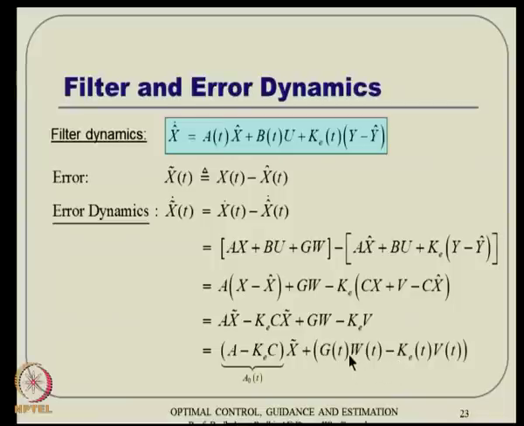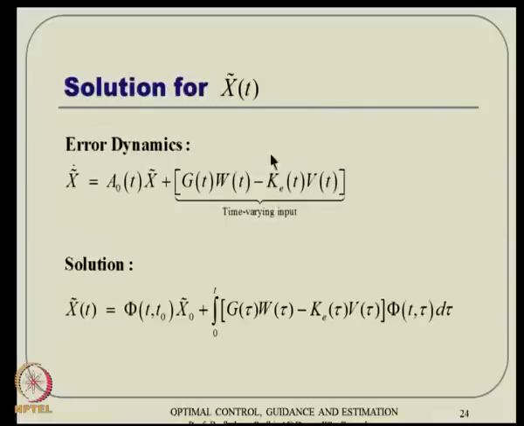The only thing that we need to keep in mind is that all the matrices that we are talking about now are time varying. So, we end up with the same error dynamics, but the difference here is that this term is actually time varying. So, we cannot expect the solution in the form of an exponential actually. However, we know that even if the system dynamics is time varying, it is still a linear system,